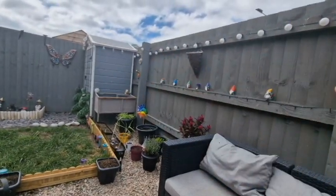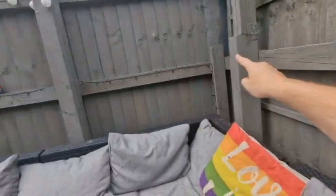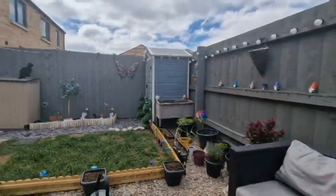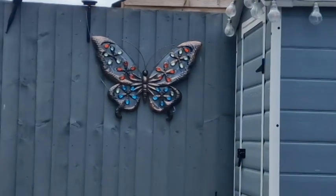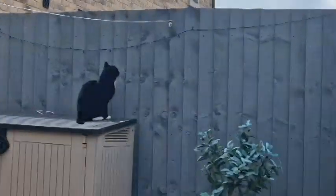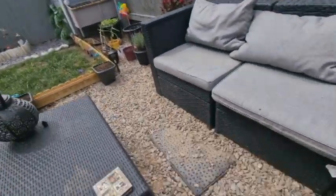We've also got the lights here. These are clear lights that go along here, all the way down, and they're going to the bottom beam all along, which is just beautiful. We've got the colourful lights up there. Oh, I forgot to show you guys. We've got a butterfly, and that lights up as well. We also got some lights that go down there. And we've got Frankie who's trying to catch birds. So yeah, when I sit here,